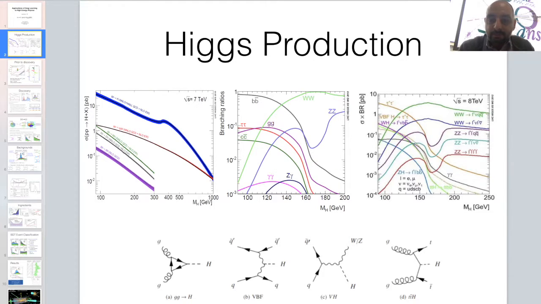And so let's think about now, here on the left side we had the production. Here, once we produce the Higgs, we're looking at what it can go into. But in terms of the rate of a final state you see, you basically have to take the product of the first plot and the second plot. So here now you see the cross-section times the branching ratio for different processes. Now if you look as a function of the mass, and again we're sitting at about 125 GeV, the different production mechanisms all put together give you the full rate of an observed final state. So you can see here that a tau tau has a very, very high rate,